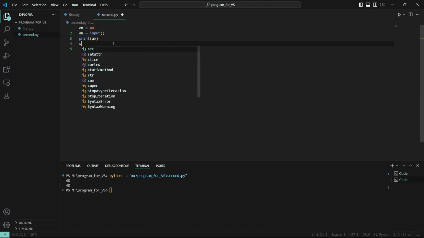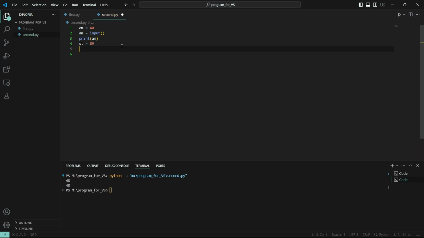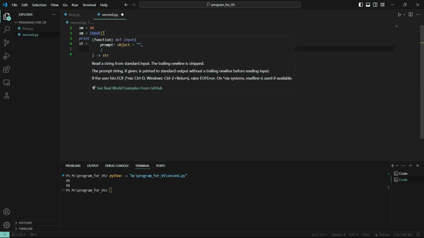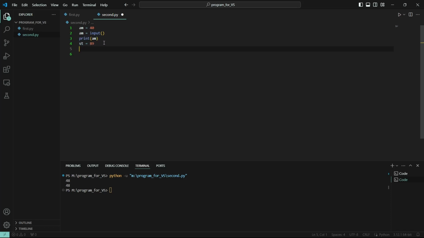I'm assigning some value into some other variable. Then I'm going to add it. Means am is a variable that can store user input, and st is a variable that we assign ourselves, and I'm going to add it